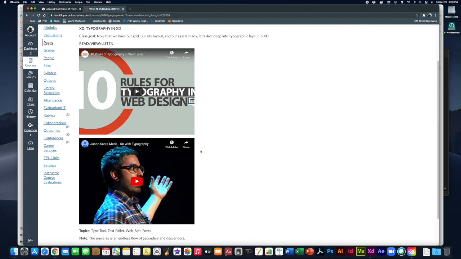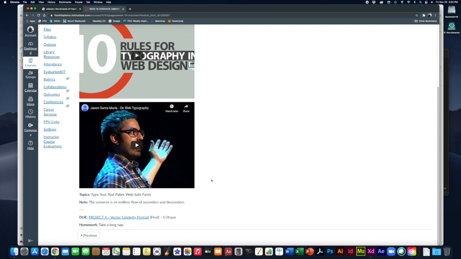So we're going to get into that, and then we're going to hop on over to Adobe XD and look at how the type tools work, talk about laying out type, and we'll talk about web-safe fonts within the Adobe environment. Now, of course, the other thing we're doing this week, independent of this, is we are finishing up our